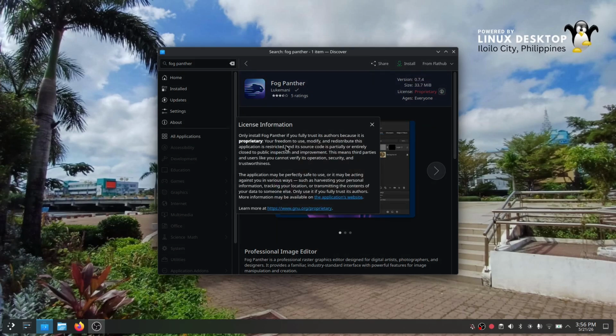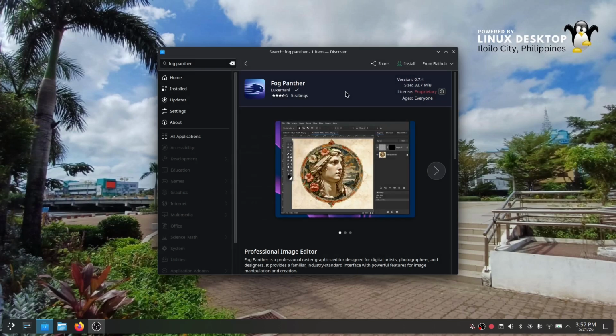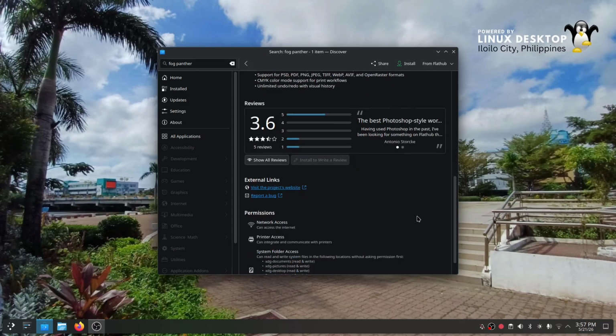Okay, so Fog Panther is fully trusted to the author because it is proprietary. So this is an app you could use, but you could not modify it or redistribute it because it is restricted, and the source code is partially or entirely closed to public inspection or improvement. Okay, so which means it is a proprietary application right here on our Linux. For more information, you could go to their website. It is